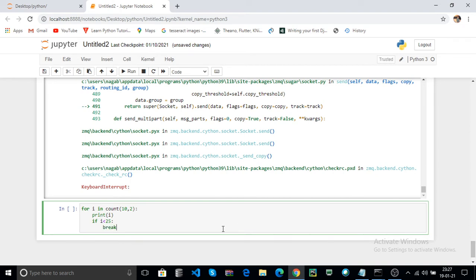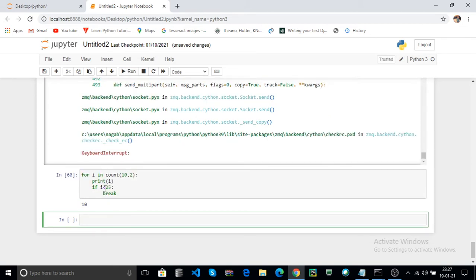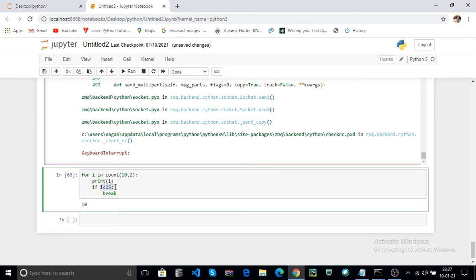If the condition is true, it breaks the for loop, and control goes out of the loop. Click on run. Here it returns the 10 only, because in the first iteration i contains 10, the condition is true, and it breaks.